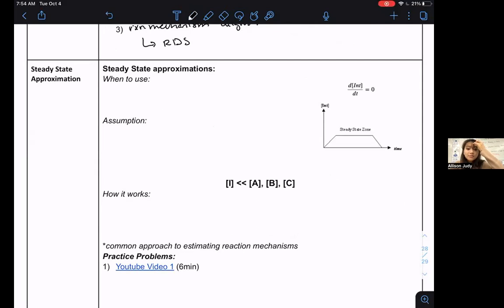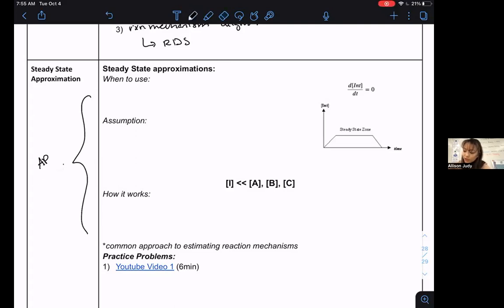So there is one more type of approximation that occurs. This is when your first reaction is the RDS, but the second or third reactions following it are super close in rate too. It's not enough of a significant change. So I'm just going to introduce this conceptually. For AP exam takers,